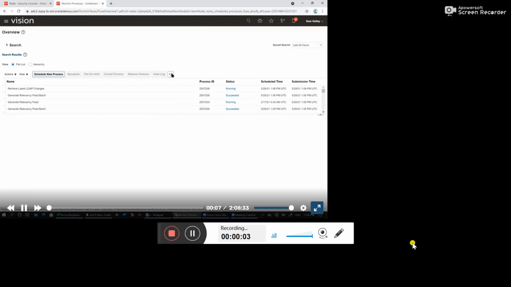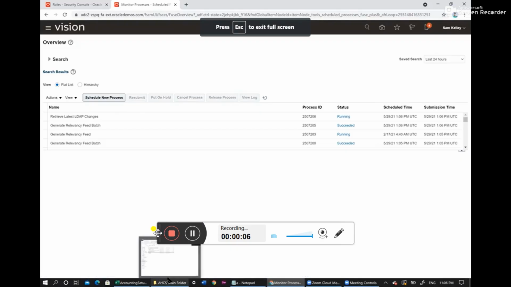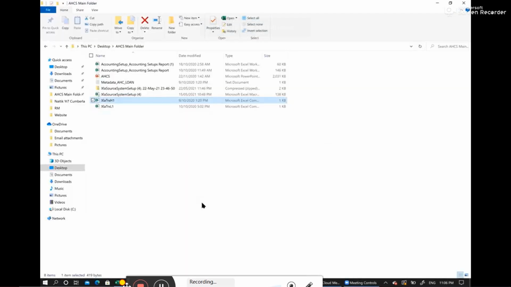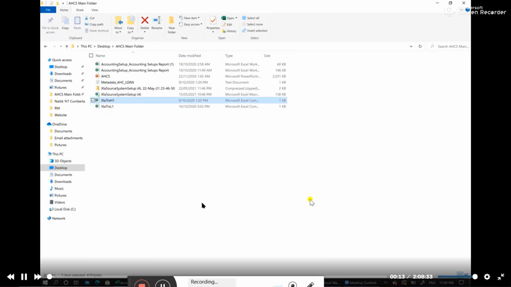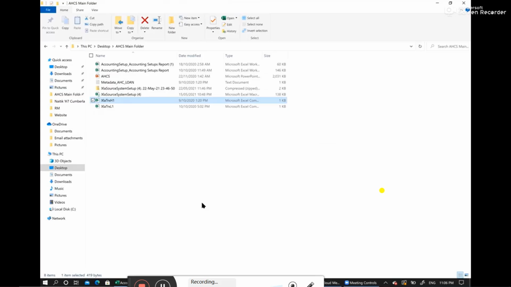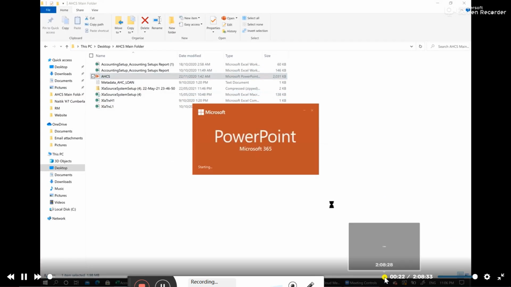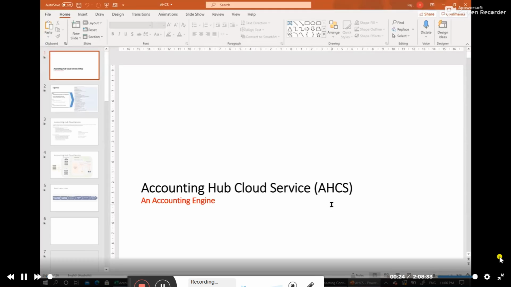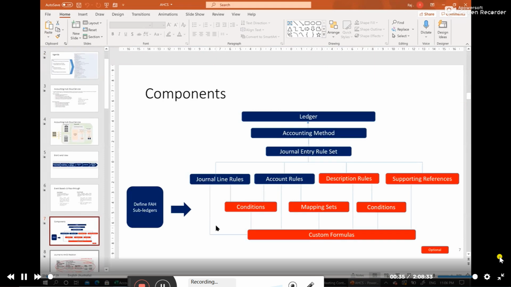So as we went through in the last session, just a quick recap: in the last session we started doing configurations, and some of the configurations we completed. Whatever is left over, we will try and cover in today's session. Then once the configuration is done, we will try and load a transaction file and look at the